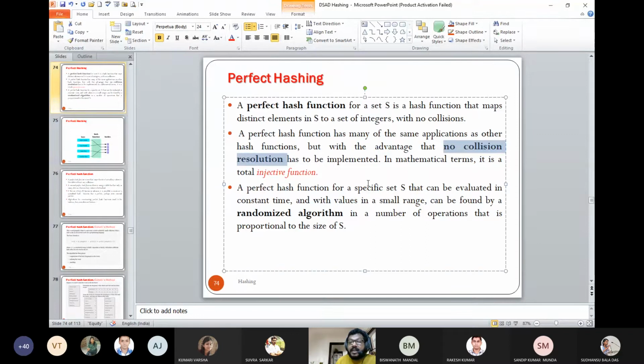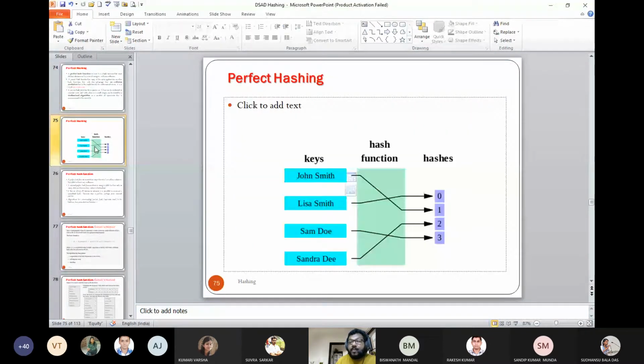So the next line says the comparison between the perfect hash function and the randomized algorithm. Sometimes you'll find a typical randomized algorithm is good in comparison to a casually chosen hash function, that you can avoid collision just by writing a simple randomized algorithm. So this is very simple, because what this particular diagram tried to say, when a person is getting